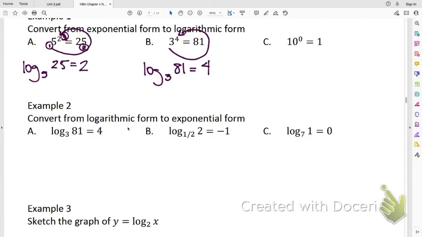All right, so then let's try that on C as well. So if I use this loop going around here, I would say log base 10 of 1 is equal to 0. Now, one of the weird things about logarithmic equations is that if it's a base 10, you don't have to write the base. Honestly, I don't get ticky-tack about this. I like to have a base in there myself. You could write that like this,